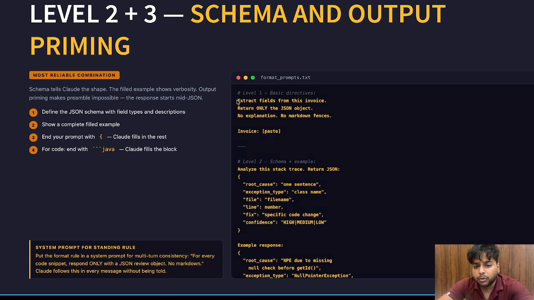First is level 1. A level 1 example prompt is: extract fields from this invoice, return only the JSON object, no explanation, no markdown fences, and then we write the invoice colon and paste the invoice fields. This is level 1. Level 1 is basic and we generally want to keep it in the system prompt